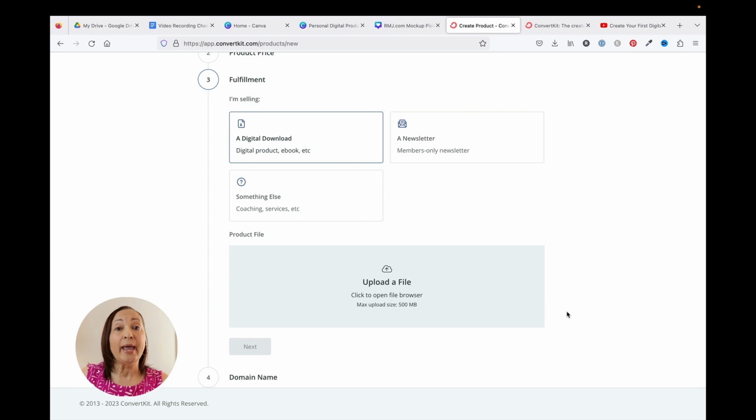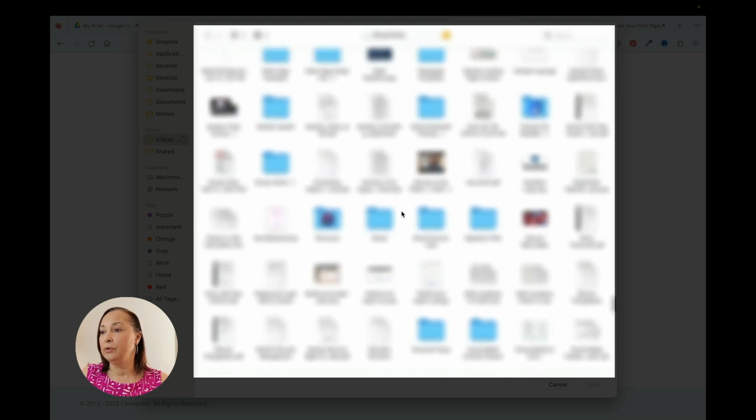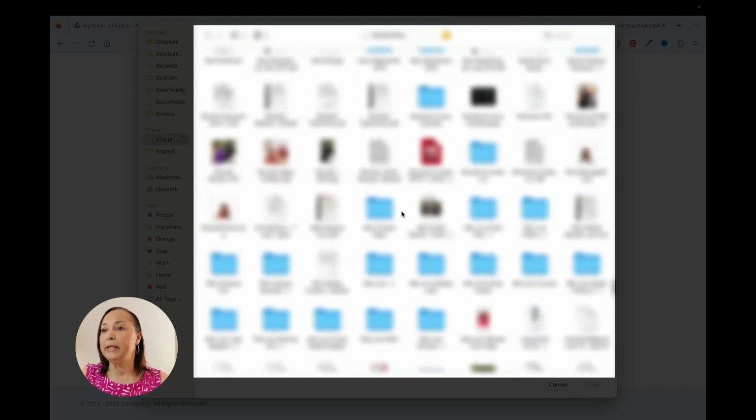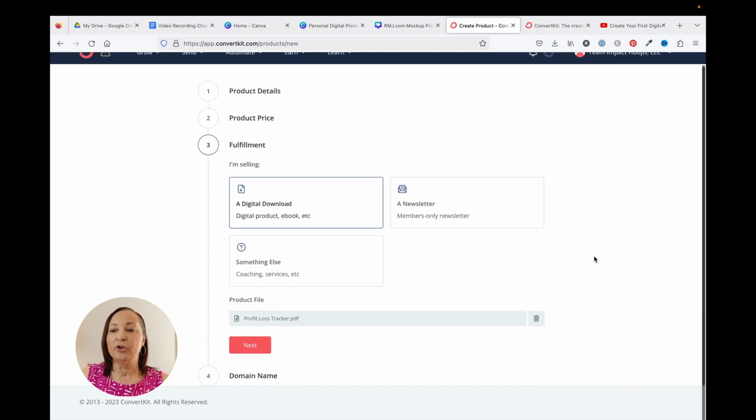So I'm going to go ahead and click on Upload a File. You're going to then find that file, and then the next thing you're going to do is just simply upload that. And it'll take just a few seconds in order to complete that. You'll know that it was successful when you actually see the name of your file there.